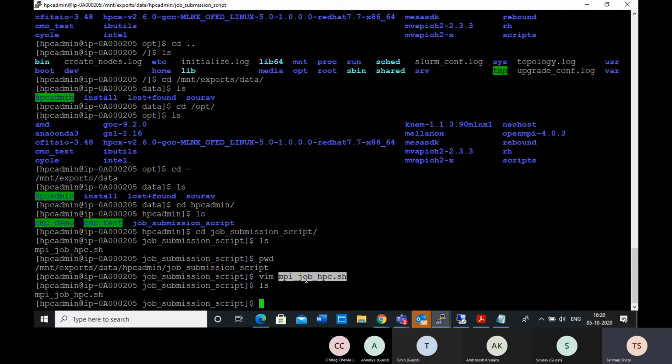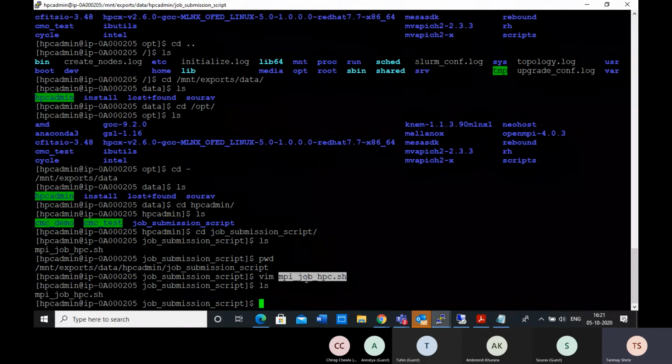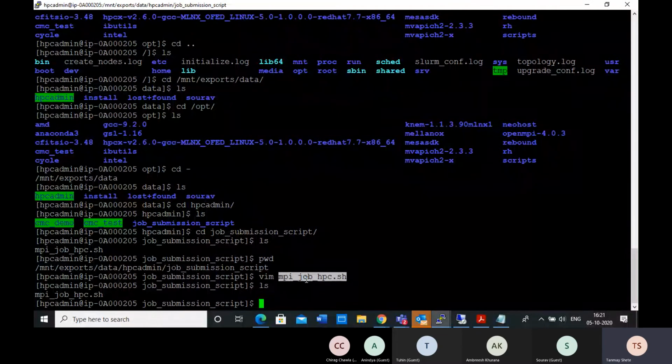Is that clear for everybody? Before submission of your job, the machines may not be running. You assume that there are no machines. It's just the skeleton of that architecture, but there are no machines. But once you submit the job, machines automatically get created. Your job runs on those machines, your job finishes, and then the machines get destroyed. Is that clear with everybody?